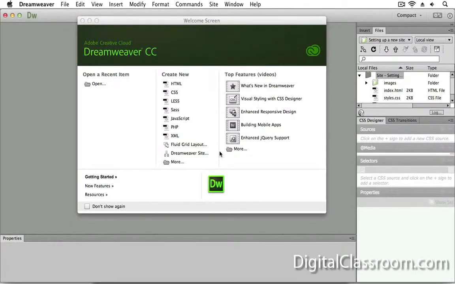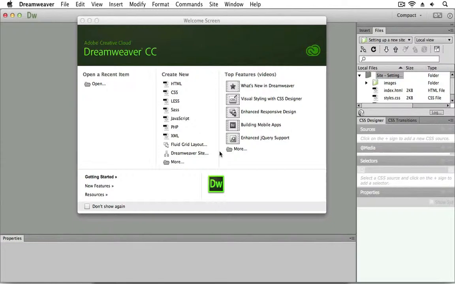This is managing sites and adding new pages to a site. In this video, you'll learn how to manage sites and add new pages to a site in Dreamweaver CC. Specifically, you'll learn some of the features available in the Manage Sites dialog box, such as how to duplicate and export site definitions. And you'll also take a look at the different types of documents you can create in the